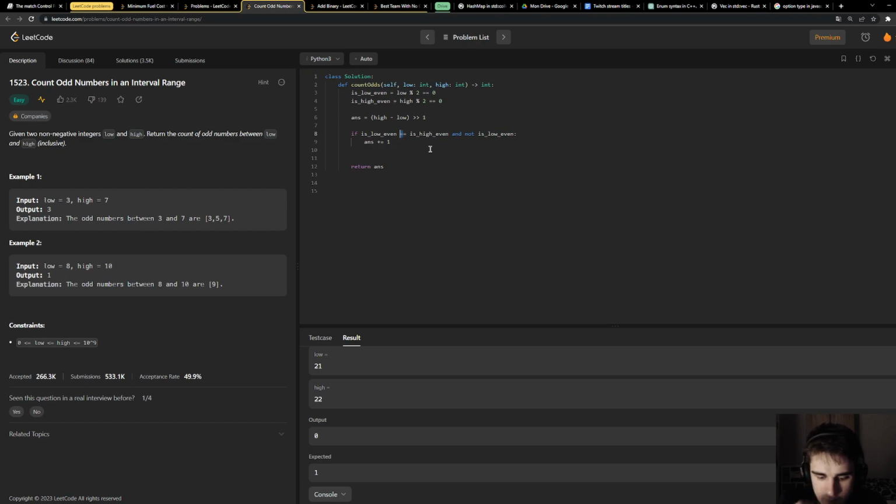If is low even or is high even, then I can increment by 1.